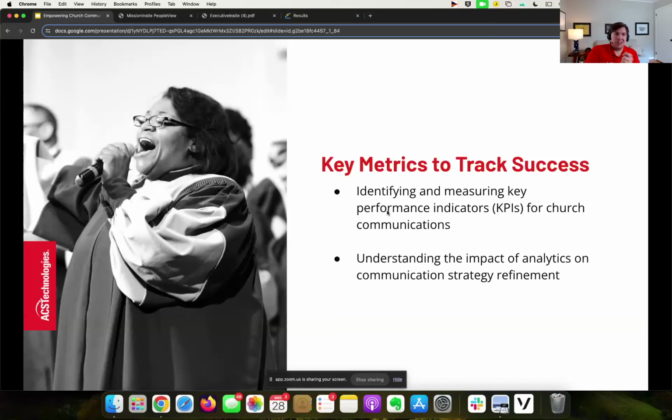And these metrics not only help you evaluate your current strategy, but they're going to give you data to inform you on future communications. It's going to provide you information for future programs at your church as we start to personalize and tailor the messaging. So that's what I've got today for you guys. I really hope it was impactful.